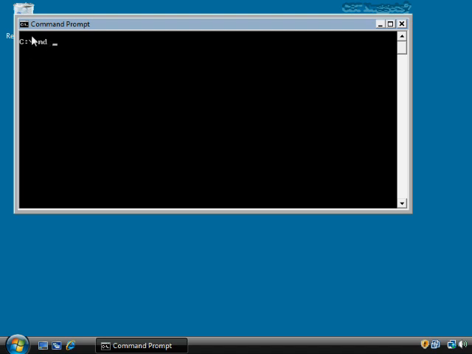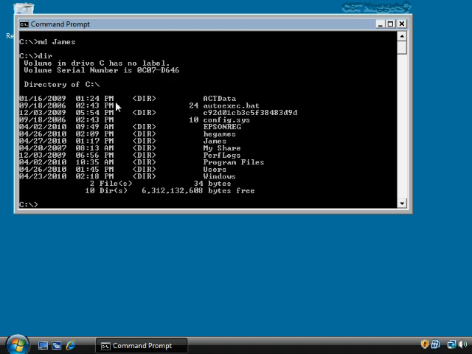I'm in what we call the root folder right now, or the root of C, meaning that I'm not in any folder. By the way, you can say folder or directory. They are both pretty much synonymous now. Nowadays in Windows, we pretty much call them folders, but since I'm an old guy from way back in the days of DOS, I still call them directories as well. Anyway, I want to make a directory. Let's just call this James. Okay. Now if I do a dir again, we see that I've created that directory, James. There it is.